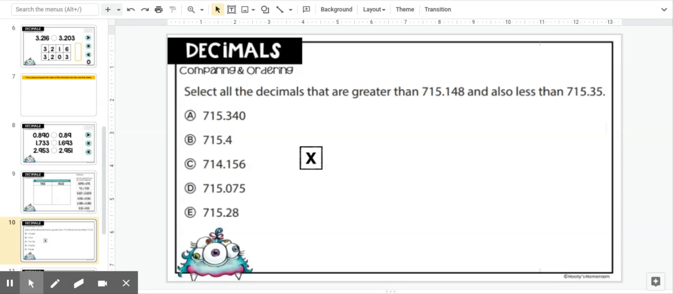So on this slide, it says, select all the decimals that are greater than 715 and 148 thousandths, but less than 715 and 35 hundredths. Well, right off the bat, I realized that these two numbers do not have the same amount of digits. Also, in my answer choices, not all of those numbers have the same amount of digits. So, again, you're trying to find numbers that would fall, if we were on a number line, in between these two. So, my suggestion to you is when you're writing in your notebook,